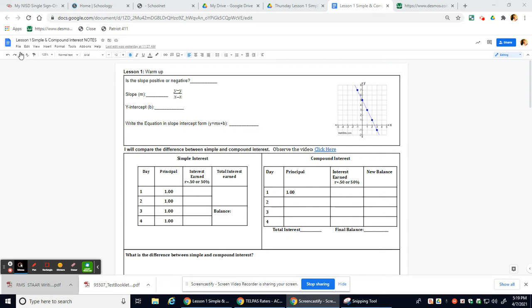So when you come to class tomorrow, we will definitely have a warm-up, and I'm going to go ahead and model this warm-up. So remembering our slope,